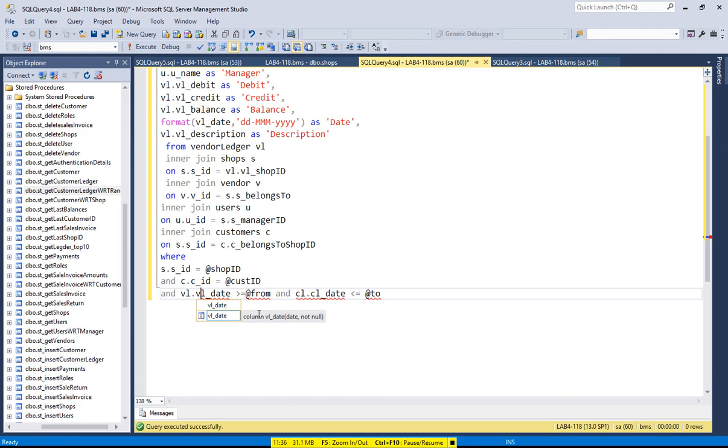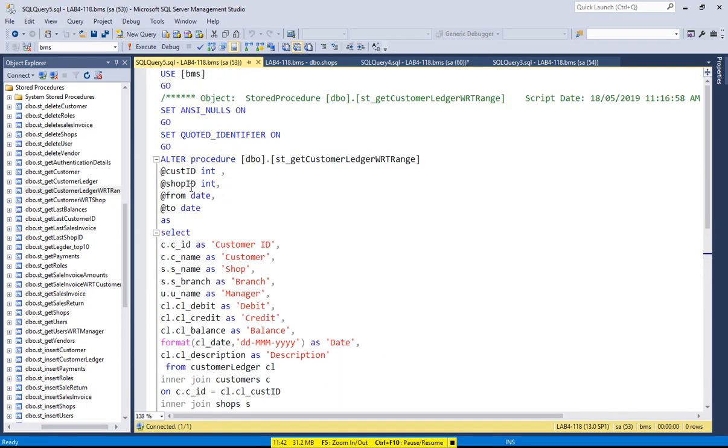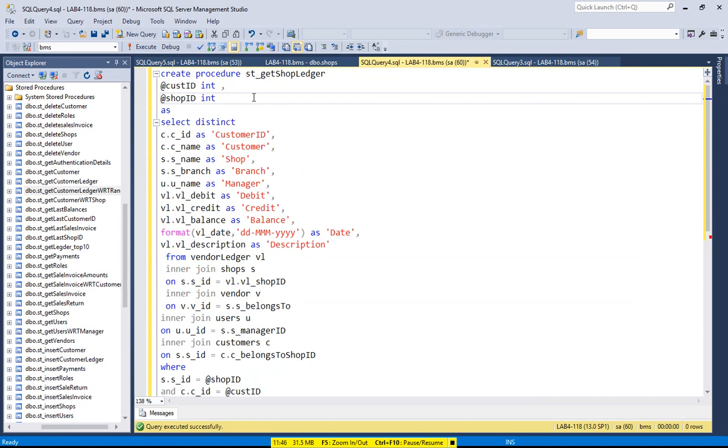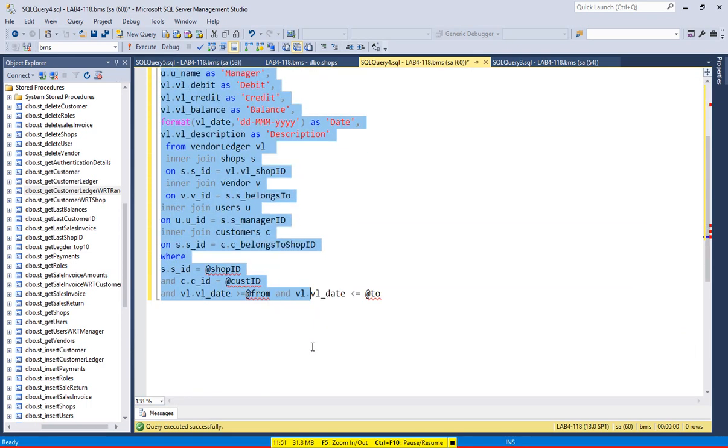So vendor ledger and to and from should be added, so VL and VL, and then let's go again and then copy from and to and then paste it here. Okay, one more thing that you have to do is